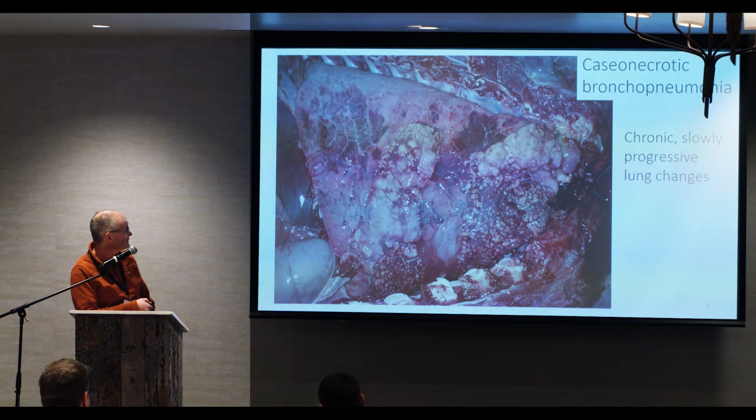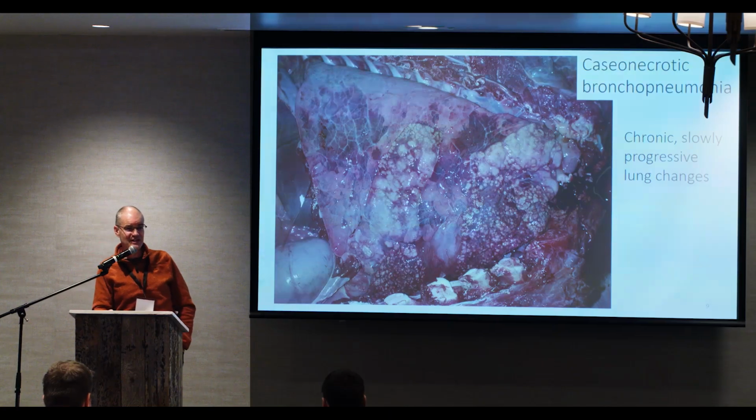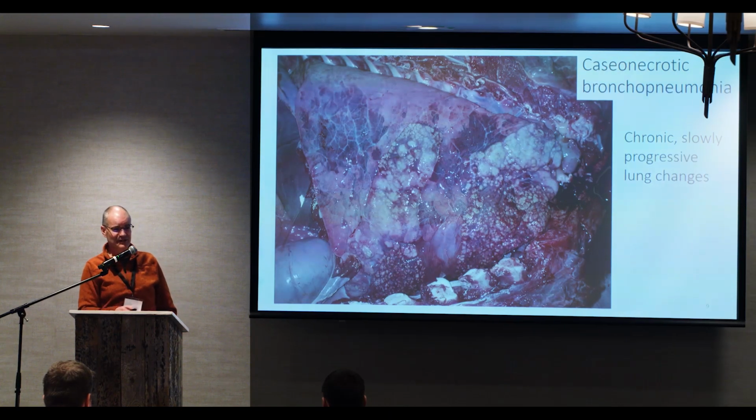If you draw sort of a line down here, this is all very firm lung, and this is more normal lung, at least this lung here. And the really characteristic finding would be these multiple nodules within the lung tissue. They're little circular nodules that are raised up above the surface of the lung, and then they join together to form these large nodules. Caseous is just a Greek word to mean cheese, and when you cut into those, I